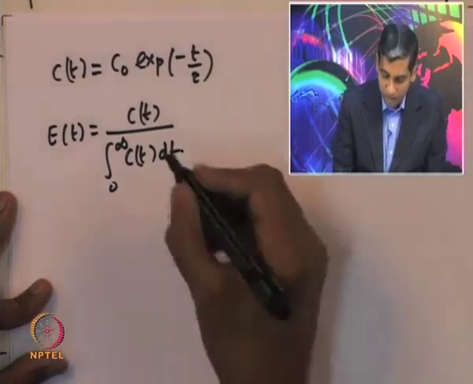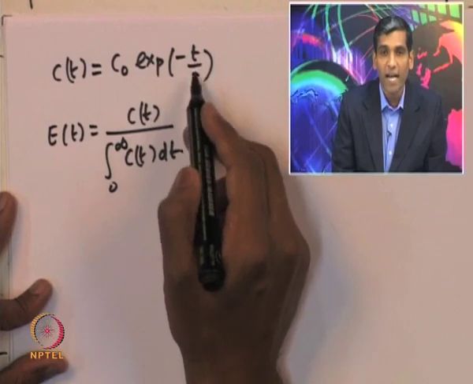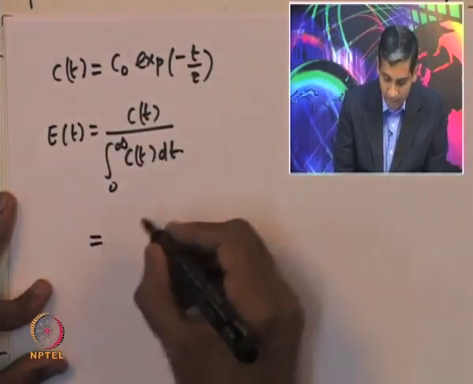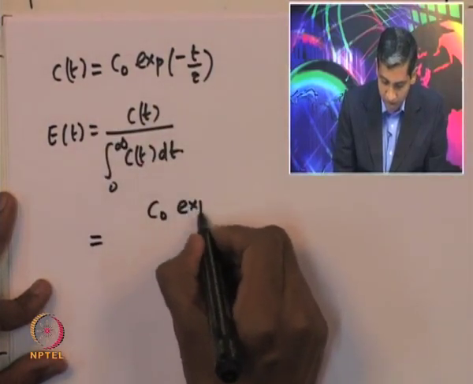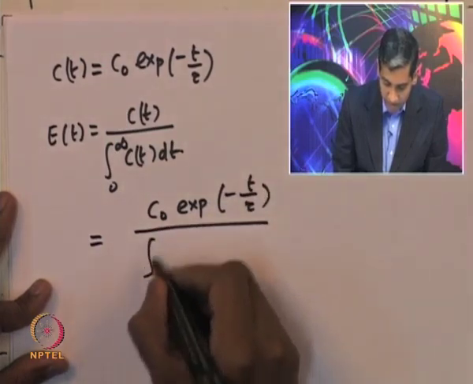So, now we know the expression for C of t, the dependence of C on time. We can plug that in here; it is exponential of minus t by tau divided by integral 0 to infinity